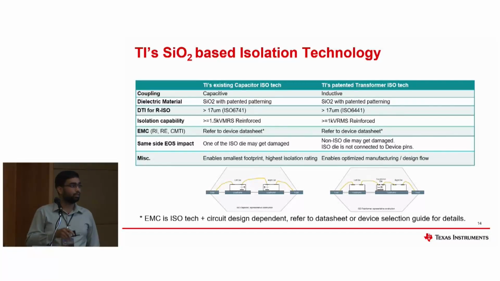Second is improved EMC performance on this one. The radiated immunity performance on this is very promising compared to the transformer based. And since the signal to noise ratio is higher, your CMTI, the common mode transient immunity, gets better in this technology, because again the signal strength gets reduced on the RX side in the other one, and that is more susceptible. Although we have it in par, this is capable of doing much better.